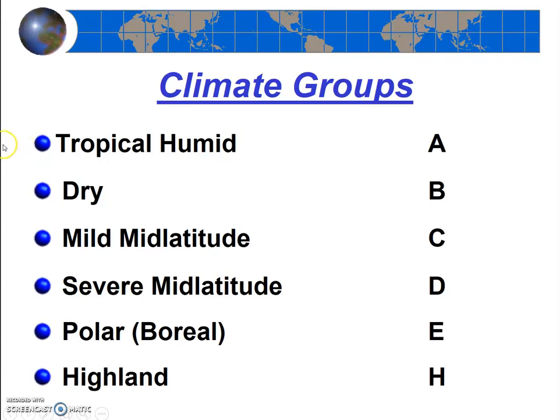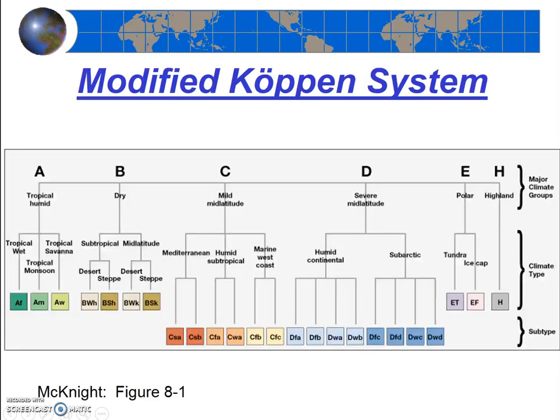This video clip is going to focus on the A climates, the tropical humid climates. Just to review, we know that our A climates, tropical and humid, tend to be near the equator. Those first letters of the climate classification system generally relate a bit to latitude, with the A climates being near